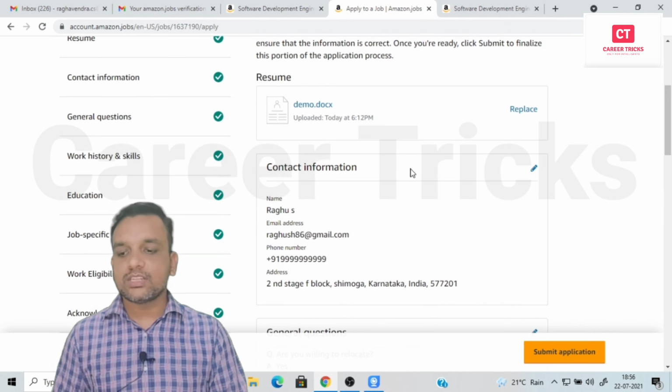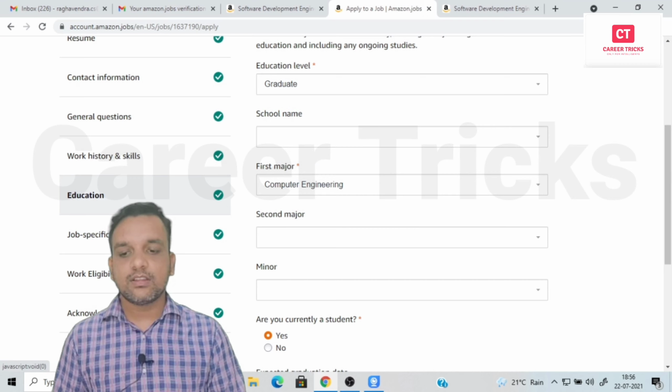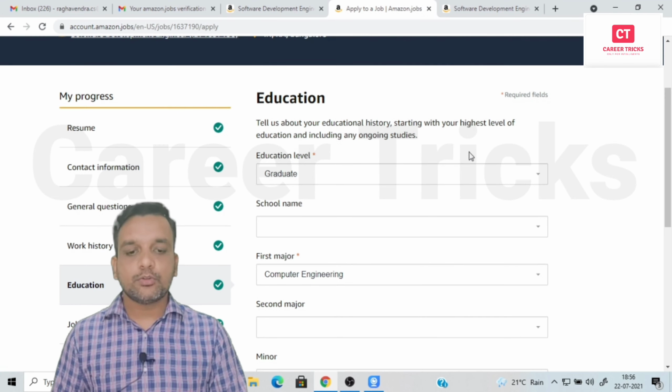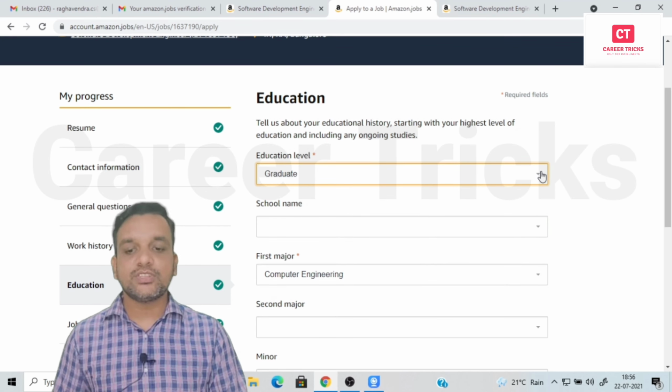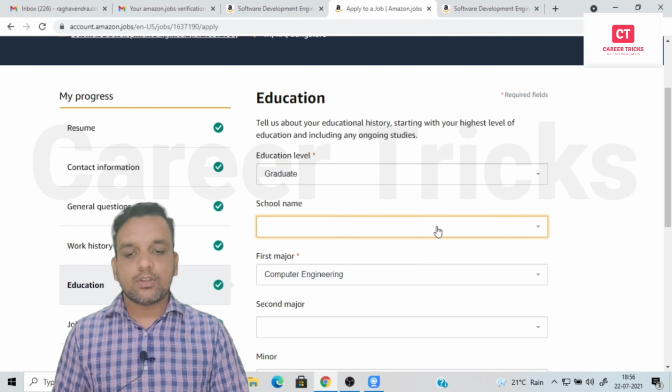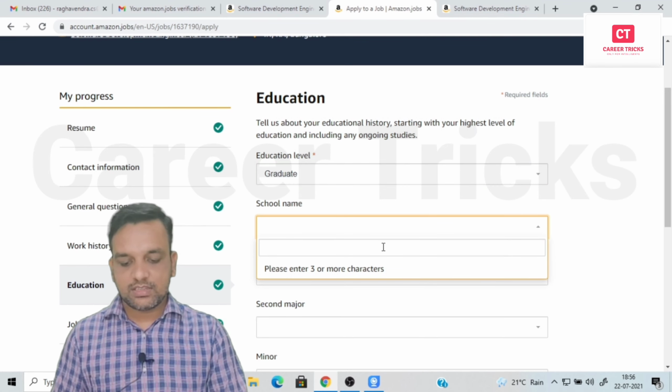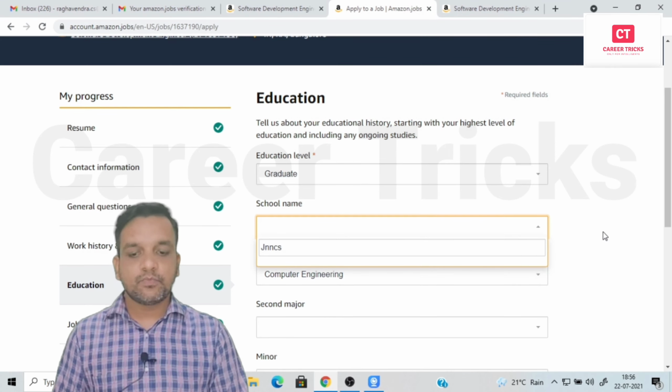After that it will go to the next section, education. In the education, you have to mention what your education is. Here they are saying, tell us about your education history. Start with your highest level of education and include any ongoing studies. You start with graduation, because you are a graduate applying. Then the college or school name, I can say some name, that is JNNC.